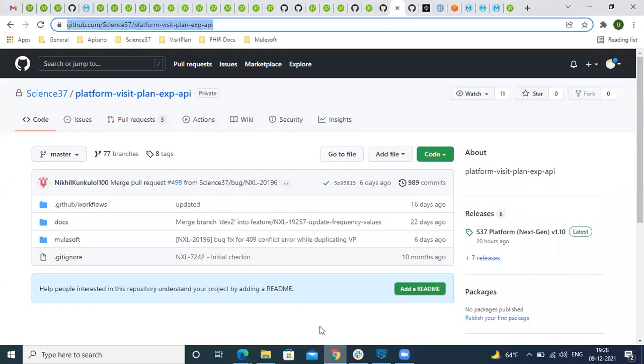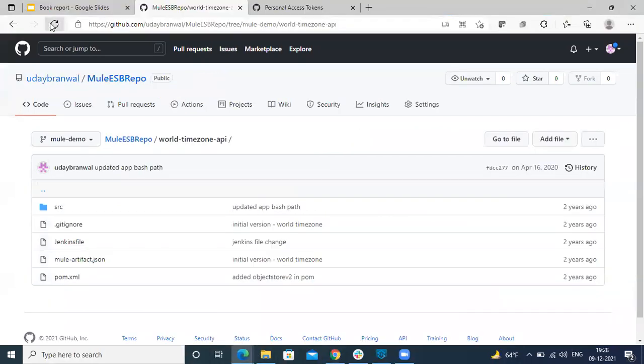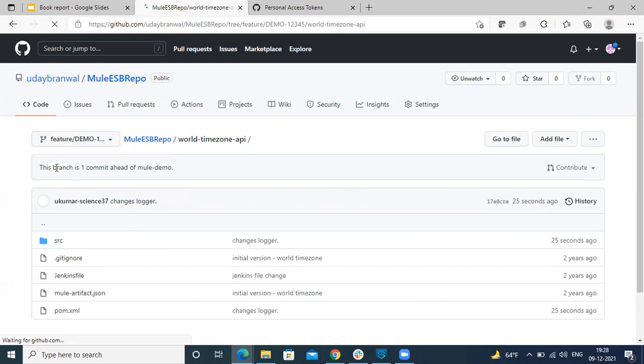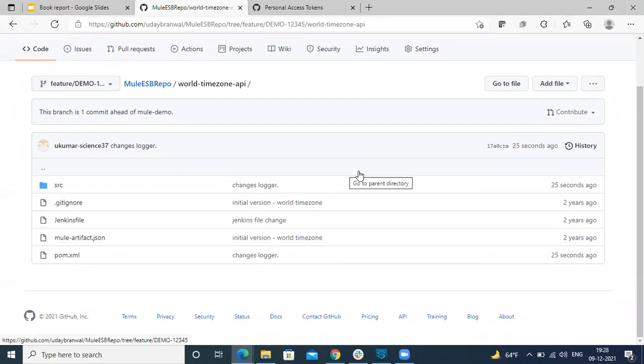Now let's go to this. You see, this branch is one commit ahead. Changes logger, and here we go.